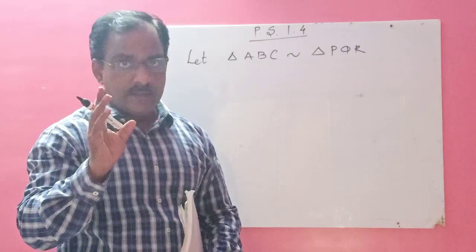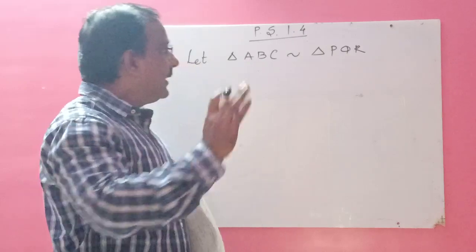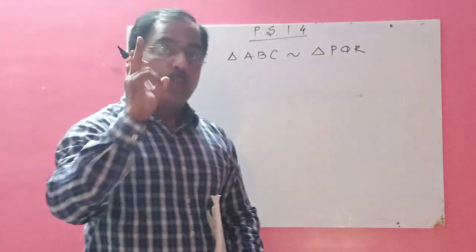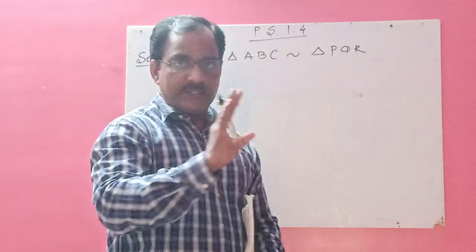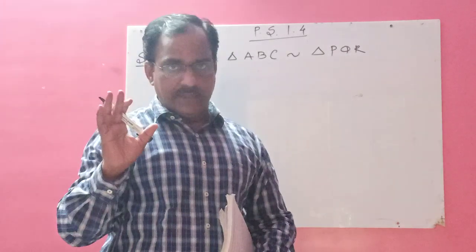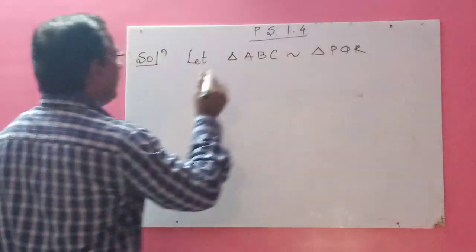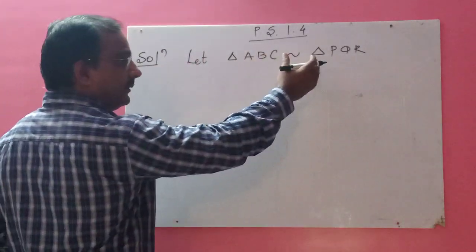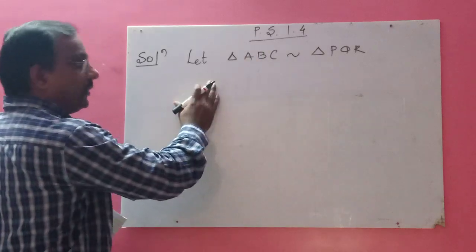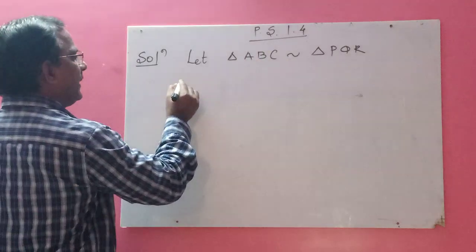Right? This is given. To get the ratio of areas, we will take any one ratio of corresponding sides, not all, because all have the same values. Clear? So these two triangles are similar. You know what will happen in the ratio if the triangles are similar. Directly you should write here